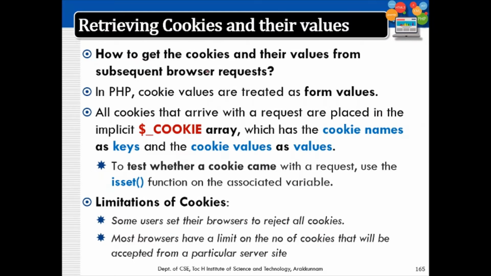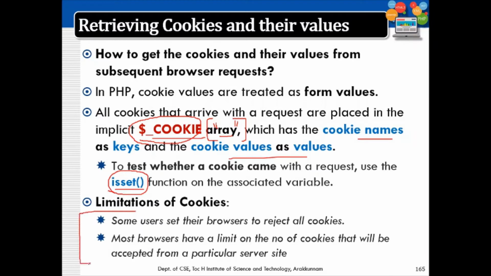And now, how to access the cookie values, how to get the subsequent values from a cookie. Again, we will be using a superglobal array. It is also quite easy to remember: $_COOKIE. That is the name of the array. This is again an array, so you can use square brackets, and within the square brackets you can give the name of the cookie as the key. You can retrieve the value of the cookie. So cookie names are the keys and the cookie values are the corresponding values. And you can check whether a cookie value is set or not using the isset function, as in the case of any variable.